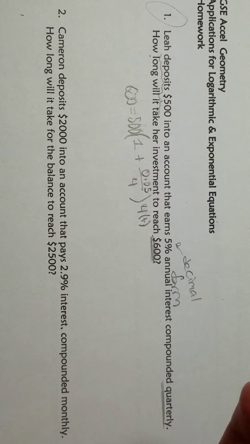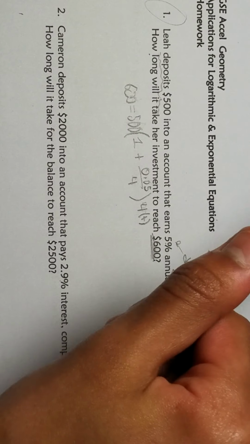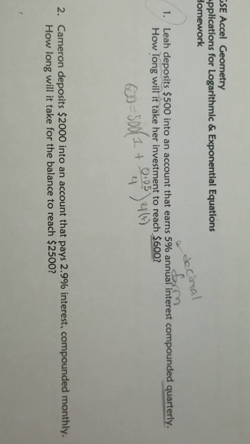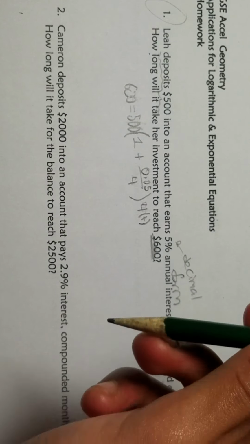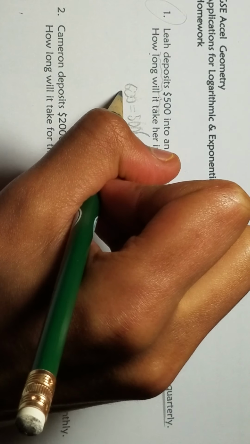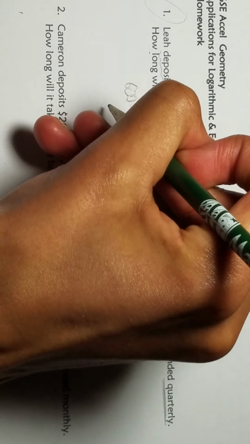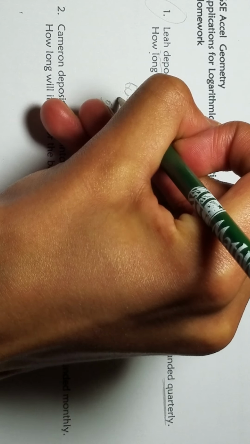So now, to find the exponent, you need to know logs. That's in an earlier lesson of mine, so actually watch that one before if this is a confusing step for you. First of all, we want to put the logs thing together, and the other side together. So what we do to find T is first divide the 500 over to the 600 side. So you have 600 over 500, because we moved this over,